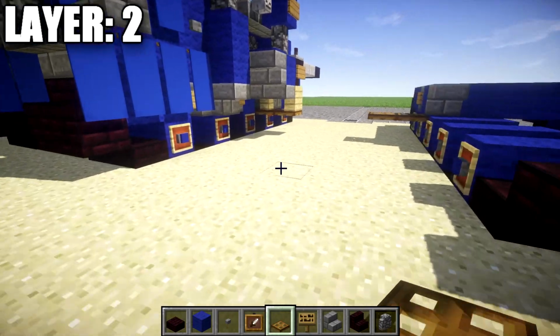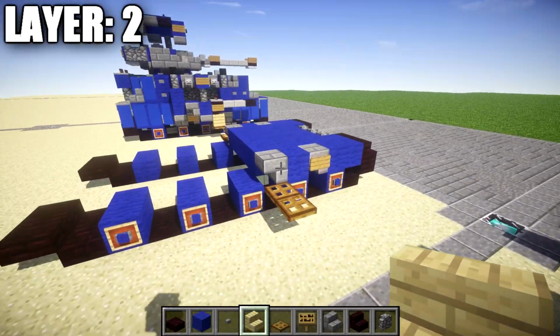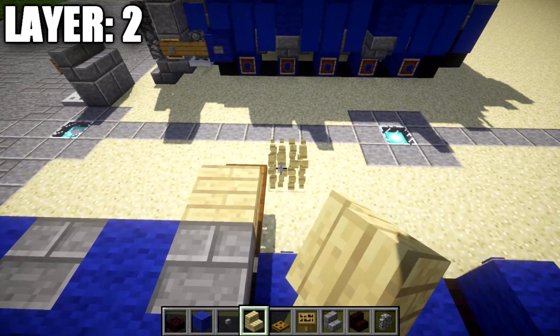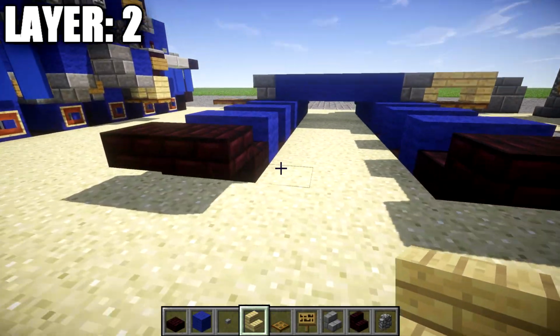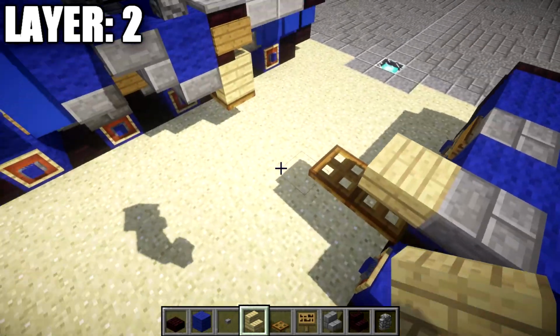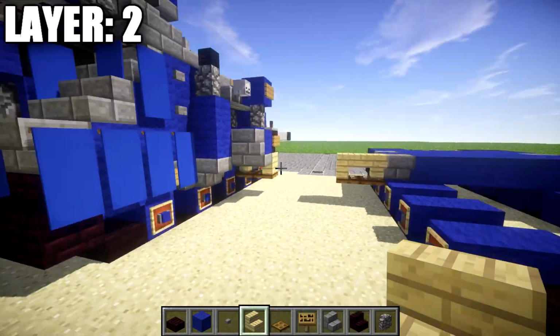Once that's all done, we want to go ahead and grab ourselves some birchwood stairs. We're going to place down a birchwood upside down stair that's going to be coming off this stone brick upside down stair, and it's going to be basically on this side as well. So we're going to have 2 upside down birchwood stairs kind of facing each other like that. Once that's done there, we're going to go ahead and go over to this side and do the same thing. So 2 birchwood upside down stairs facing each other like that, and this kind of clip here for the autocannons